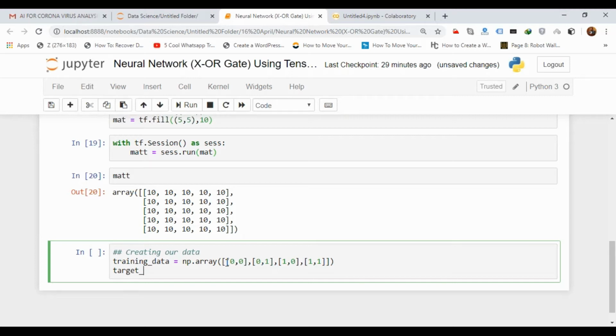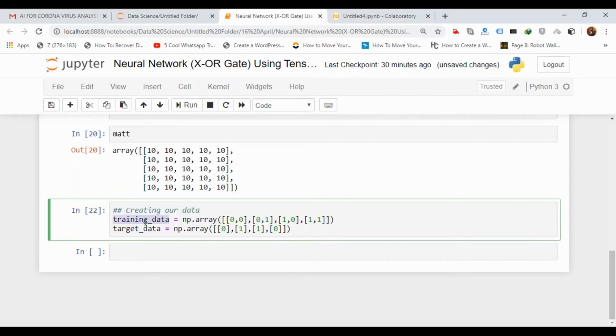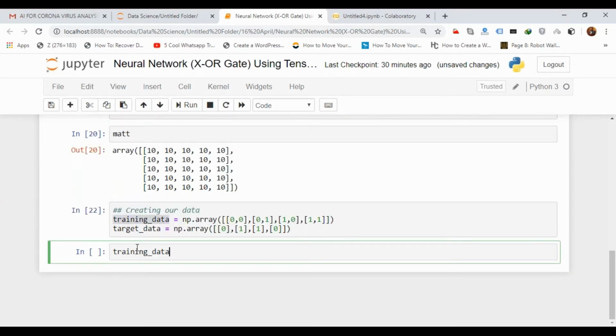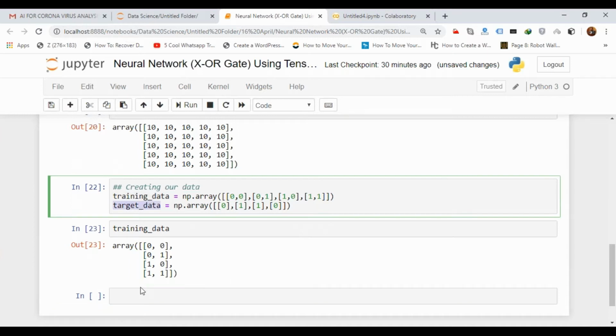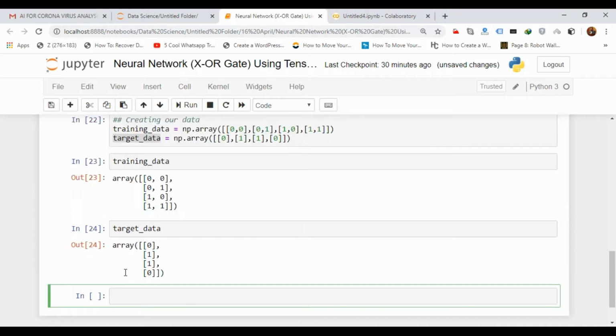So let's take the variable as target data is equal to np.array, and here I will use 0. The next one I will get the output as 1. Next one I'll get the output as 1. The fourth output I'll get as 0. So if I print training data, I'm getting this, and if I print target data, I'm getting this.